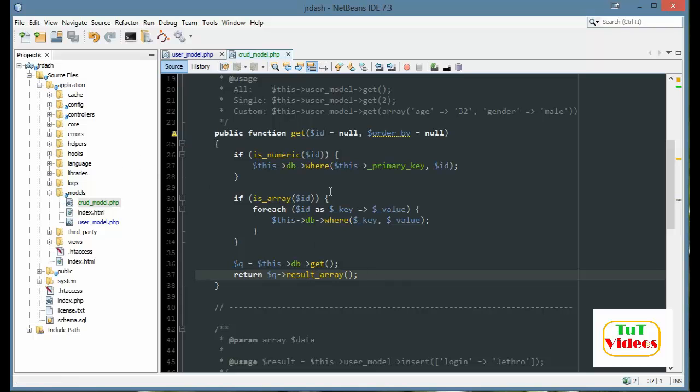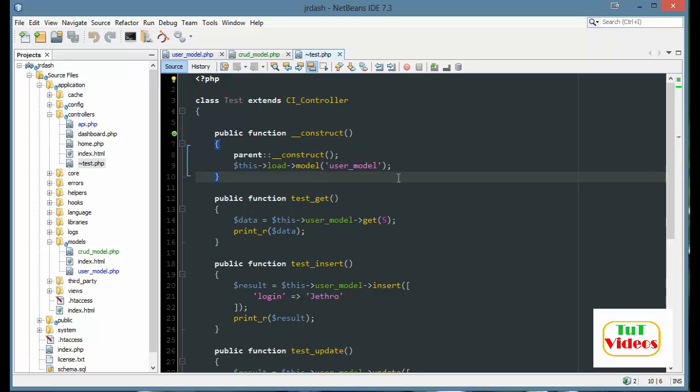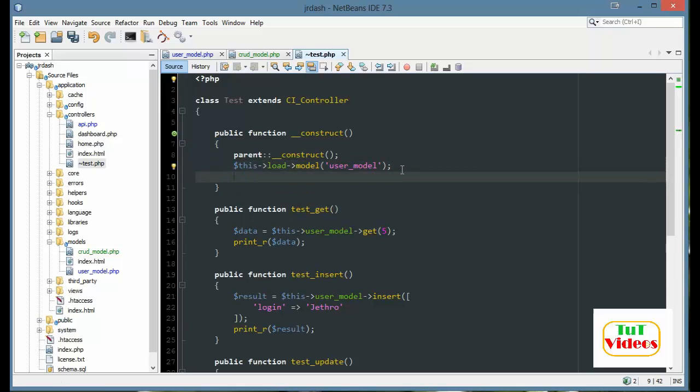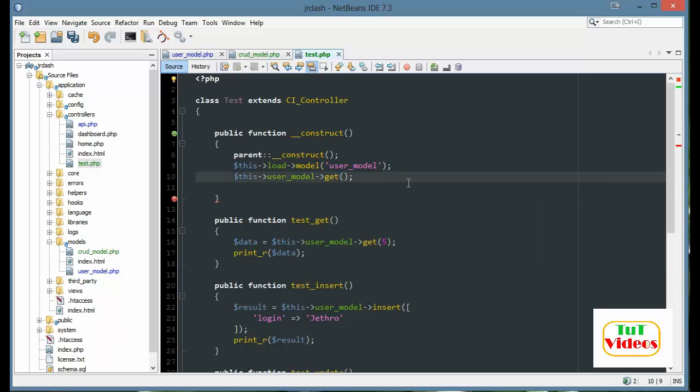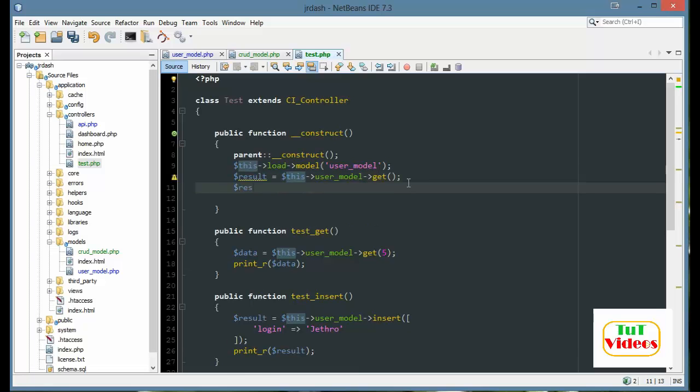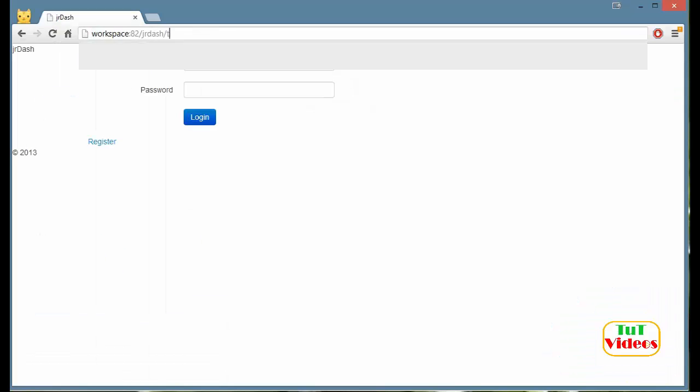So what I'm going to try to do is get a few parameters. If I go to my controllers and my test, this looks pretty dirty, but we'll try it anyways. Let me get rid of the squiggly, and I'll say this user model get. I'll call this result equals user model get, and I'm just going to print R of result so I can get some info dumped out, and the pre-tag will make it readable. Okay, so back to this, and I'll just go to /test,